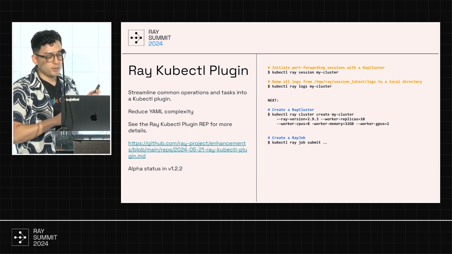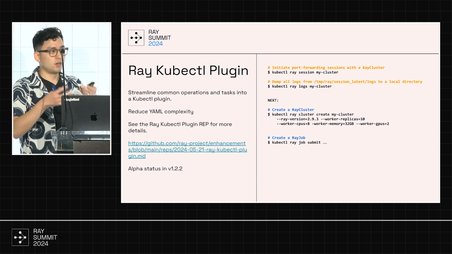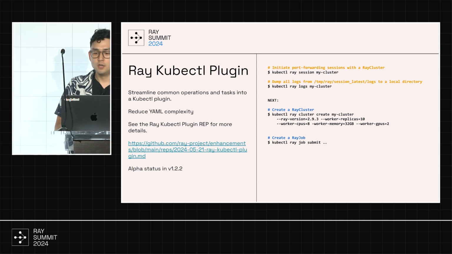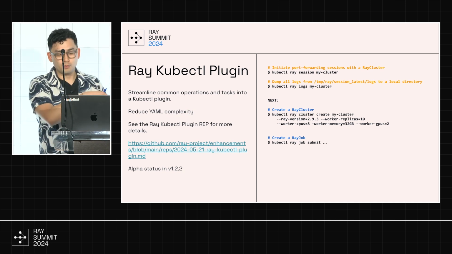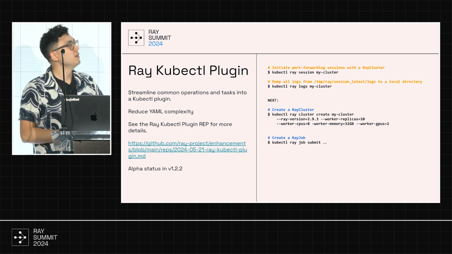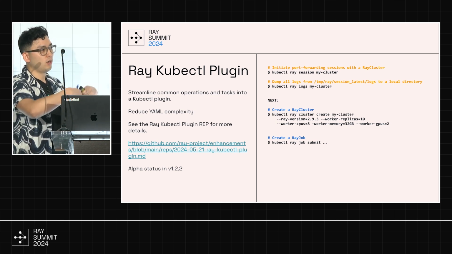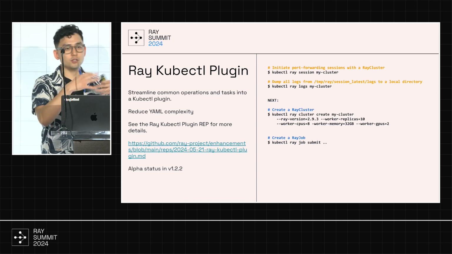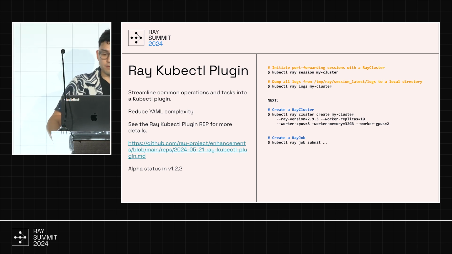adding a logs command. Logs right now can be challenging because not all the useful logs you care about are actually put into the standard output of containers. They're usually stored on disk on a Ray cluster, on some random path that you probably forget all the time. So this command will basically copy all the relevant logs from your remote Ray cluster, pull them into a local directory, and then you can view all the logs locally on your laptop. So this plugin is alpha status in KubeRay